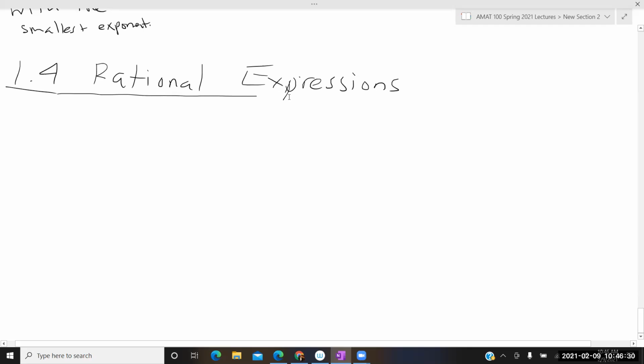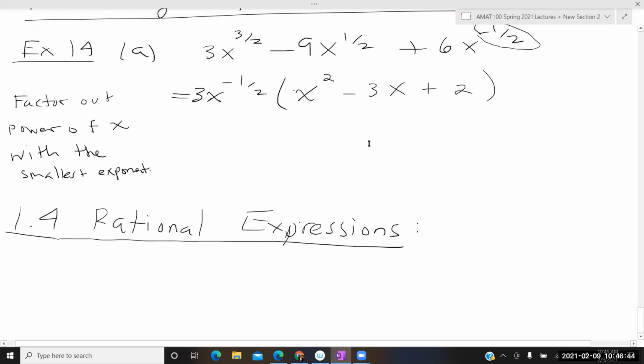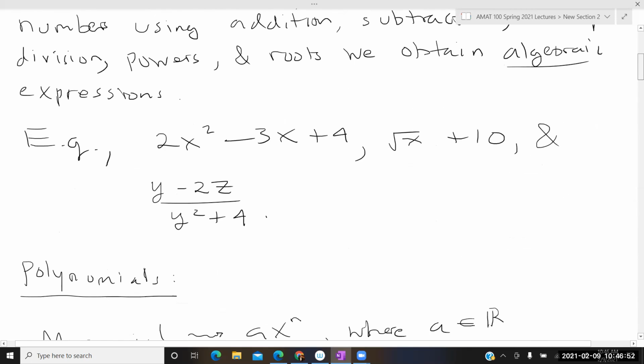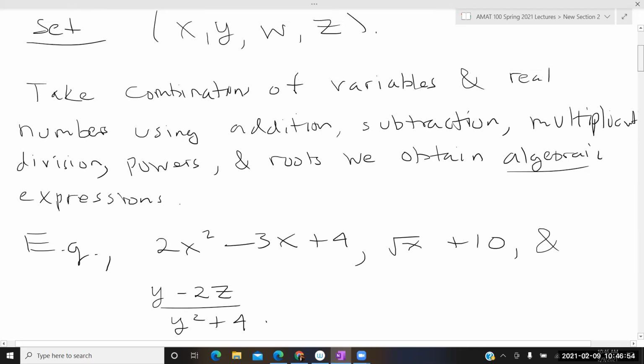Maybe actually I'll just jump back and forth between 1.3 and 1.4, because some of this stuff does depend upon the previous section, not too heavily. A rational expression is just a fraction of two algebraic expressions. And if I scroll up here, an algebraic expression is, well, first of all,